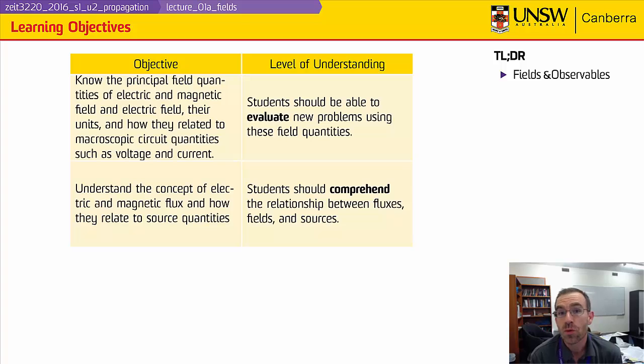There are two principal objectives that come from this lecture. The first is we want to know the principal field quantities of electric and magnetic field, what their units are, and how they're related to macroscopic circuit quantities that you're more used to dealing with, like voltage and current. How well should you know this? Well, you should know it really well. You should have complete command of the field quantities. You should be able to use their units to help in dimensional analysis, and you should have a really good